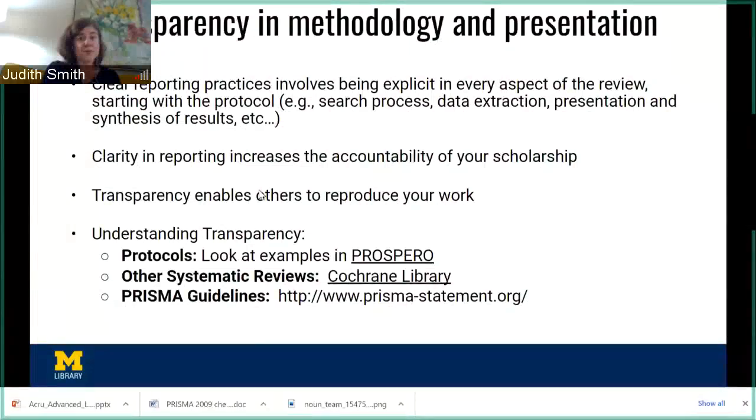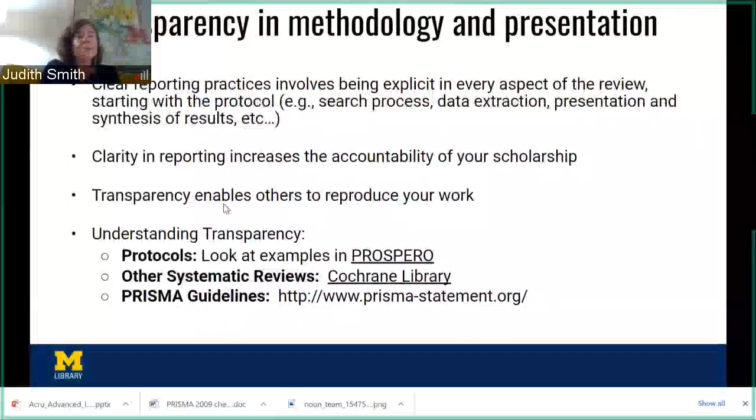And finally, another hallmark of a systematic review is that you assess the quality of the studies that get included in your review. So you critically examine each study's methodology and findings. And there are different tools that can help you with the process. I have a couple listed here, but there are many of them.